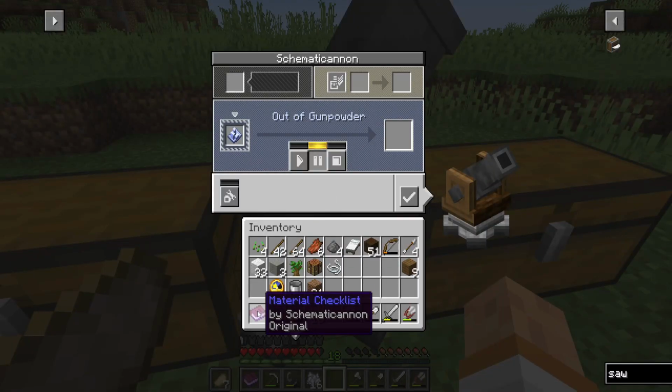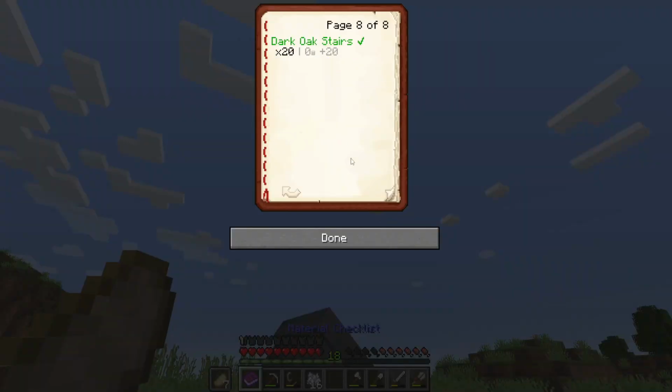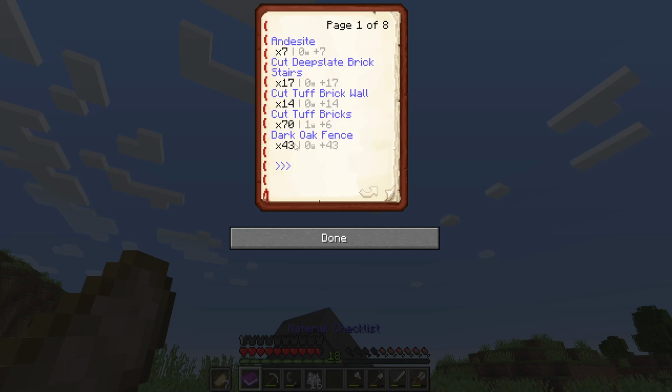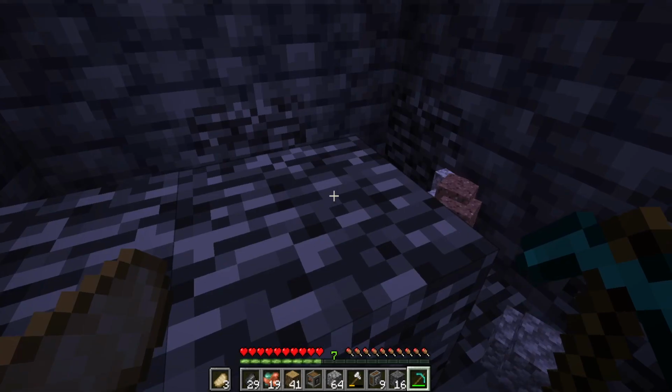So now something we can do is slap our material checklist back in, process it, and spit it back out, and you can see if we scroll all the way to the end, the ones that are in green are ones that we've completed. And I put in some of the fences, so it shows us the amount that's left, which is awesome. So we're going to keep filling this up. I'm just going to sit here and go through all the resources and fill them all as we need. So,